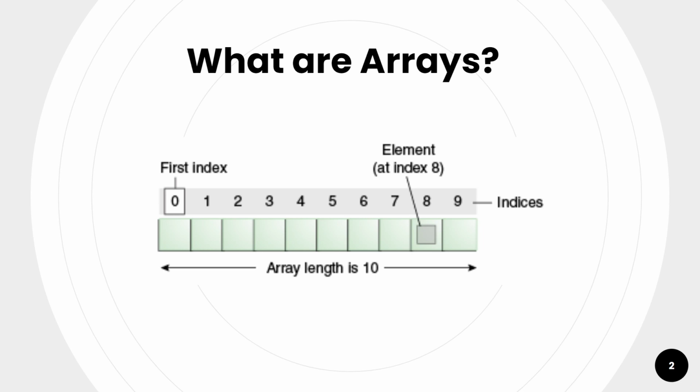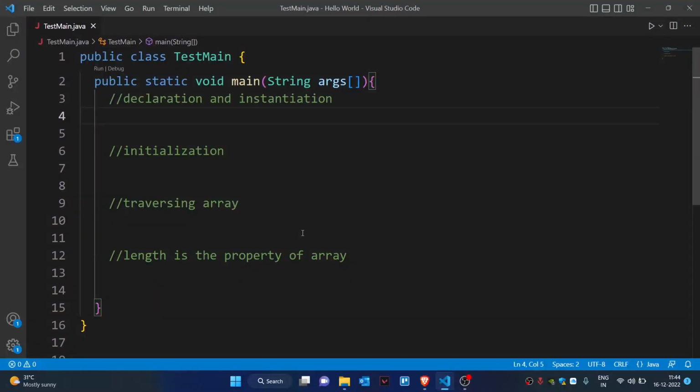In a single dimensional array, let us see how to declare them. So here we have a code, TestMain.java, which has its main function. To initialize the array, first we need to declare the data type, int, as I'm planning on storing numbers. So I'm declaring my data type int and the array name a, and then you have your square brackets open and close. These inform the program that we are initializing an array,